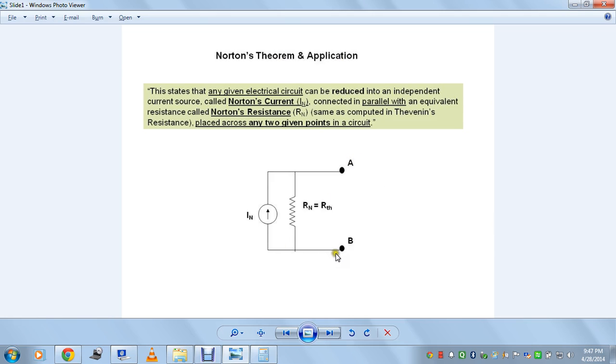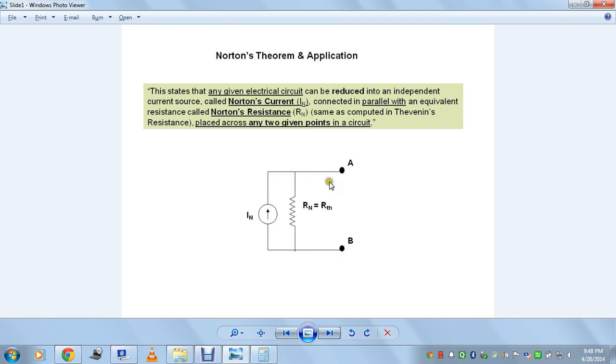By definition it is similar to Thevenin's theorem, where you have a resistor connected in series with a voltage source, but here the difference is that we have a current source connected in parallel with a resistance across the two given points of our analysis. While being stated, this theorem might sound like any other definition, but illustrating it with this given circuit will be more helpful to understand the real application and the meaning of the theorem